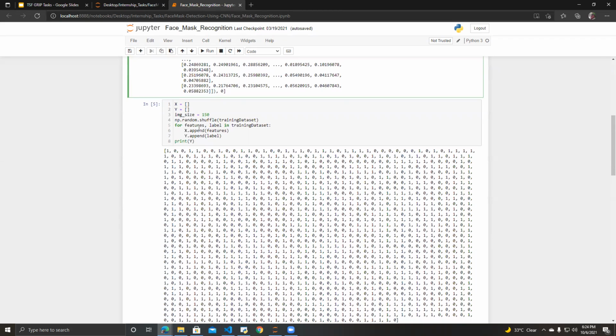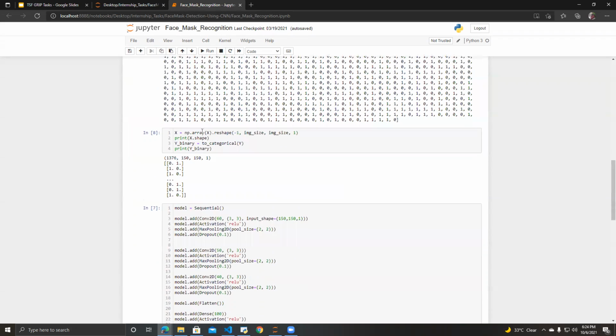We are randomizing our training data sets in this section, and here we are reshaping using the NumPy library to set it as an input for our neural network, and we are converting our binary labels to categorical form.